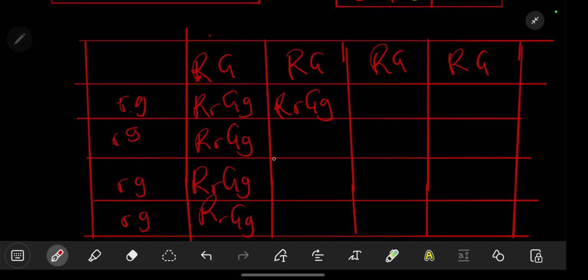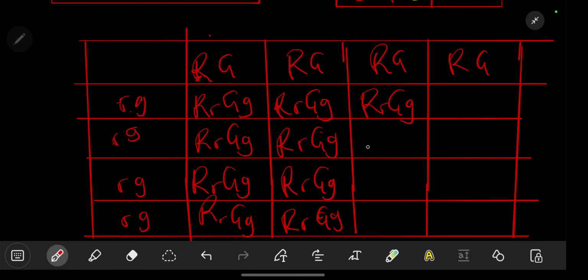Now for this one, you can verify that the outcome will just be the same because of the genes that are present, like that. So this is what we have: R, G,